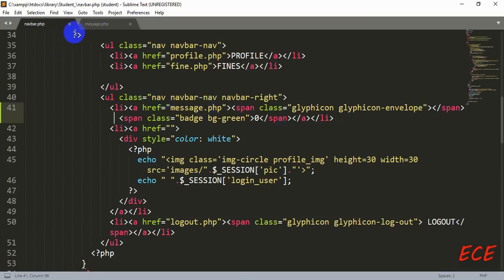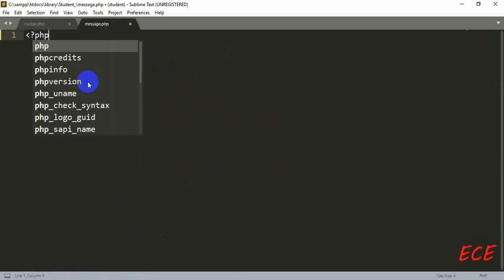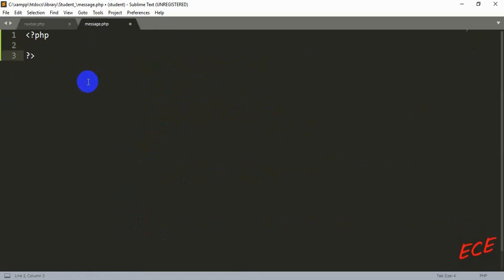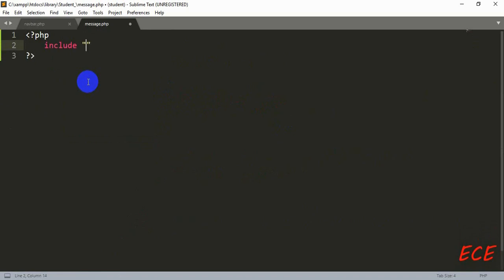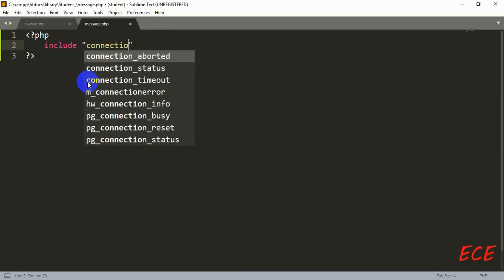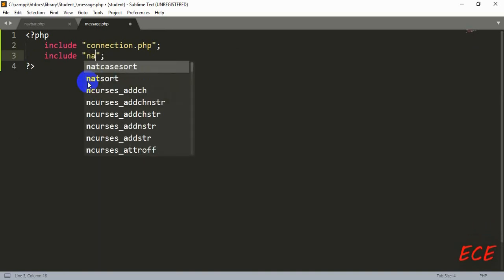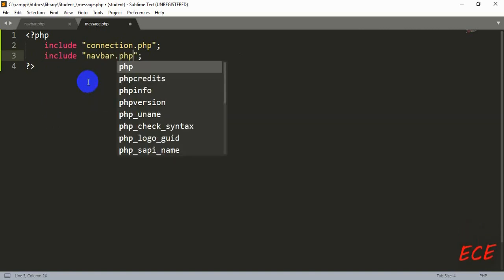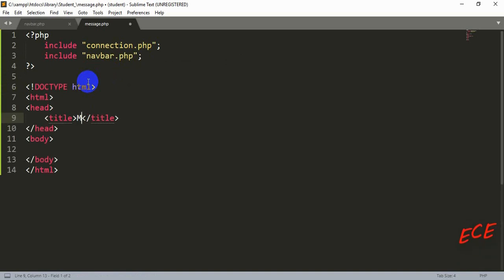So let's just make our message.php page. I have already opened the page, and here I am starting the PHP and including the pages like we have done already. Include our connection.php page and the navbar page. So here the HTML tag, inside the title we will give the page name, and then after the header we will add the